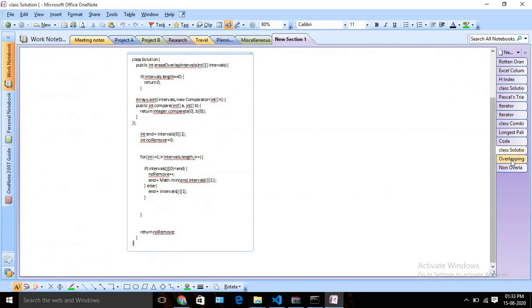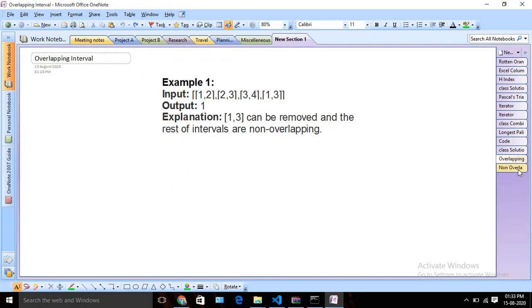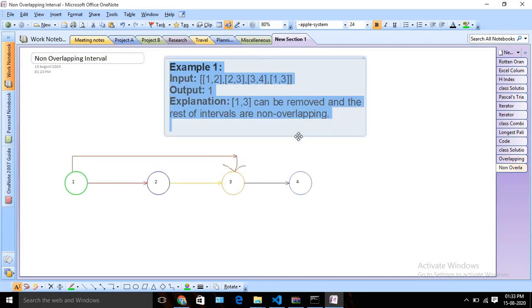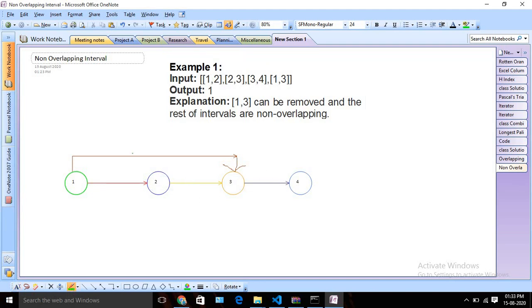Okay, so this is how it looks. This is our first example, example one. You can see that this is our two-dimensional input array, and this is the start state, then the second one is the end state. We can draw a kind of state diagram like this. We have a link between 1 and 2, then 2 and 3, then 3 and 4, and we have 1 and 3. But you can see that this one is overlapping with this and this, right?